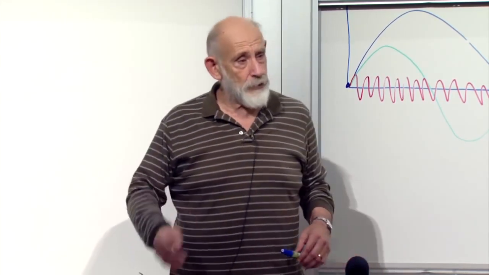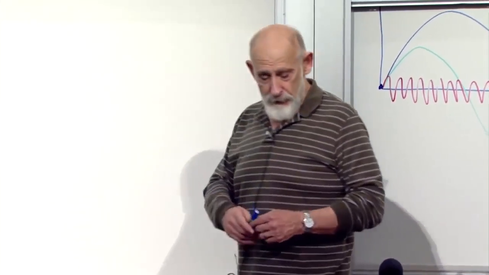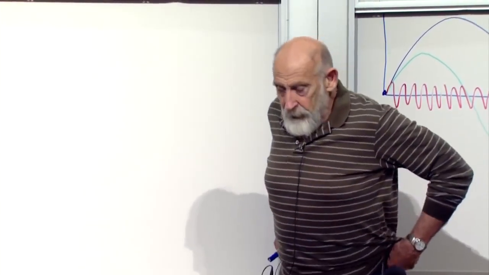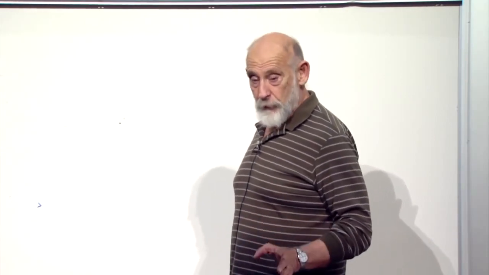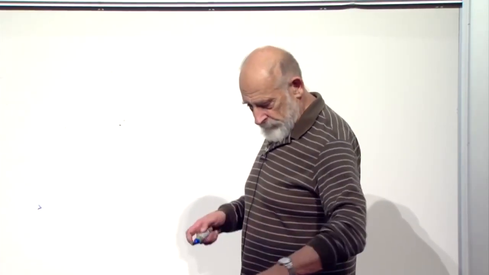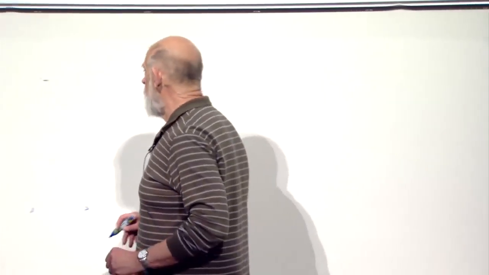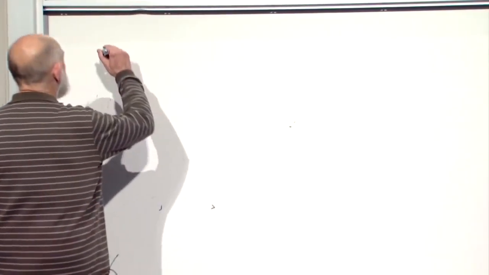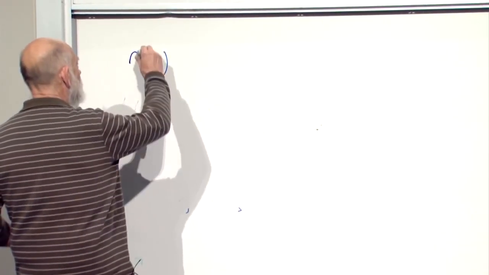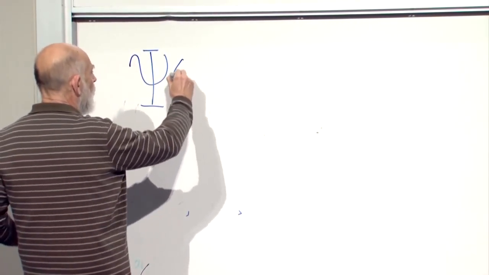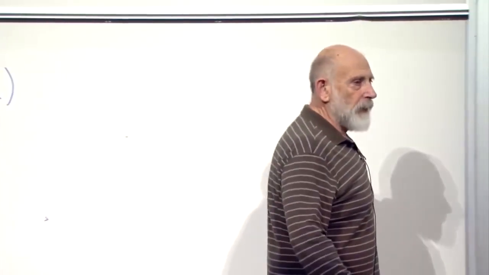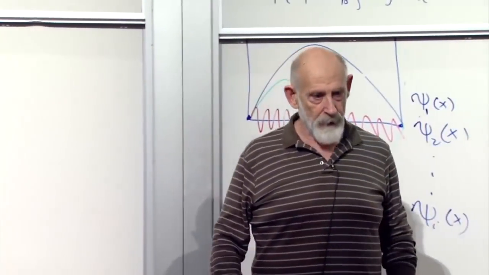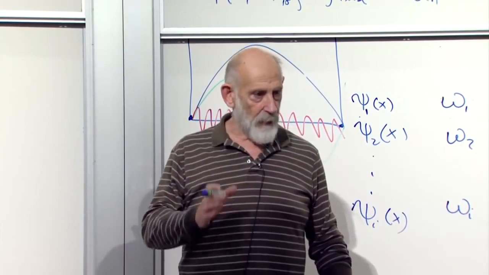I'm going to give it to you as a definition, and we're going to see what it does and how it works. Okay, so psi is a quantum field, and again, because it's a quantum field, it's an operator. It's something you can measure. I'm going to call it capital psi. It's an operator, but it's an operator which depends on position. So it's not a single operator, it's an operator for each position. For each position, a separate operator.